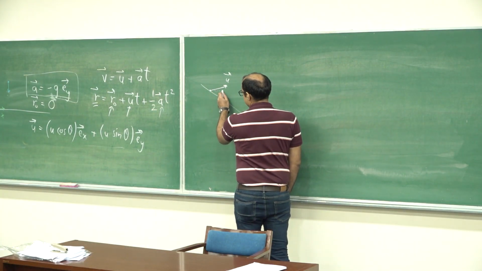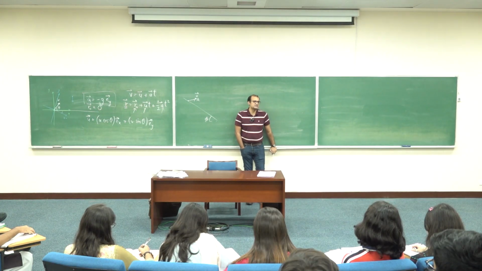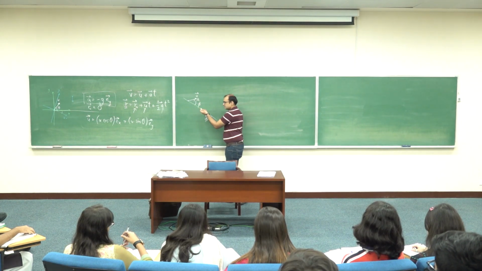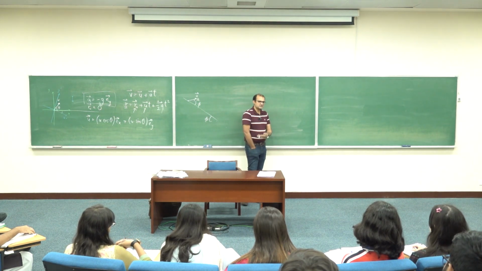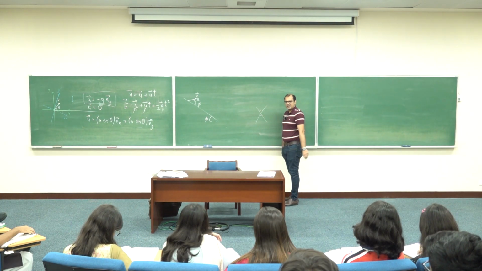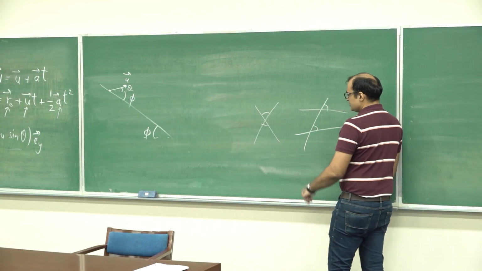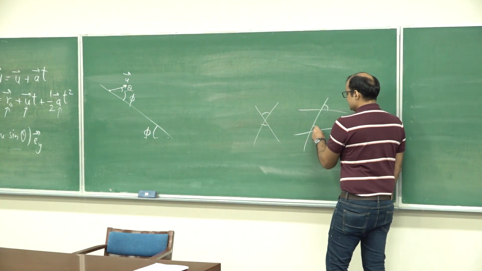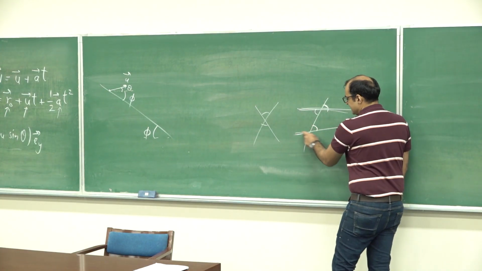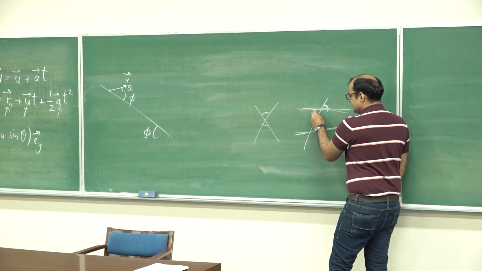So to specify the direction we shoot at, I say that the angle that this velocity vector makes with the horizontal is theta. This angle, of course, is phi, because you don't even need to know that they are alternate angles, but at least know this much geometry, that there is something called vertically opposite angles. This angle should be the same as that angle, and there are also the alternate angles. If you memorize that this should be equal to that, given that these two are parallel lines and there's a line cutting them, then given that you have vertically opposite angles, you immediately have this should be equal to that.